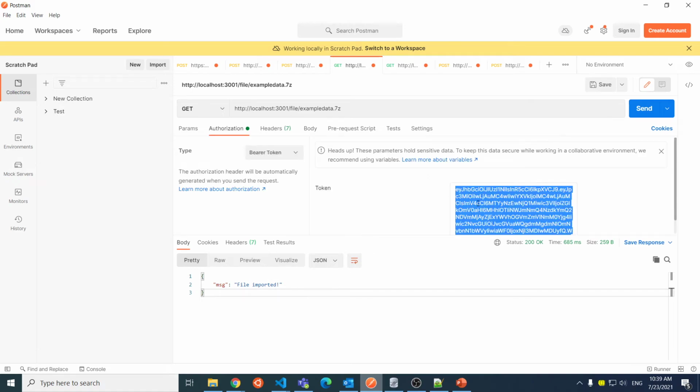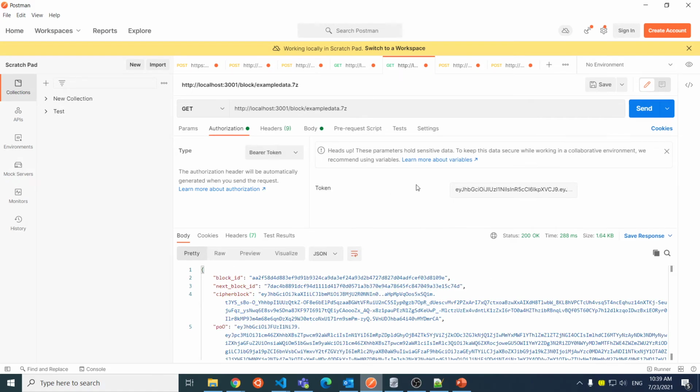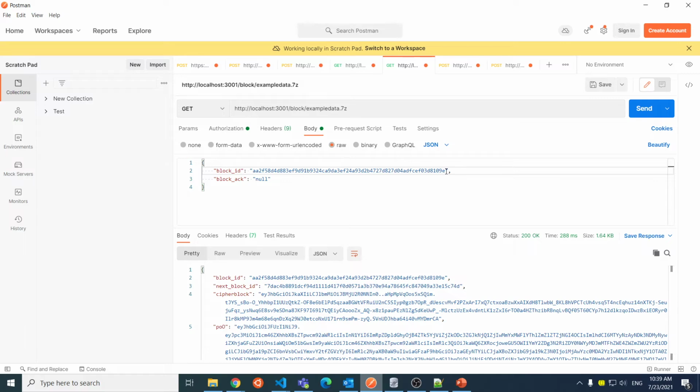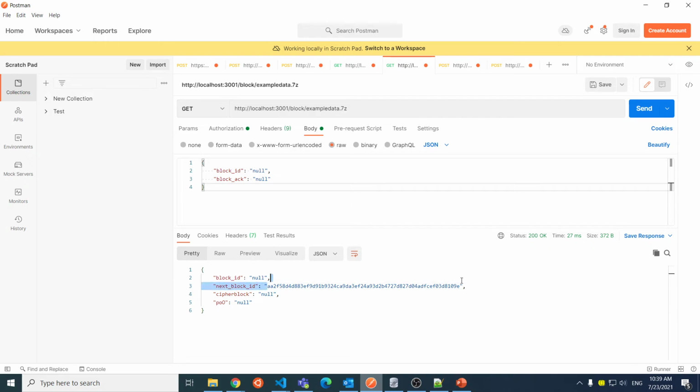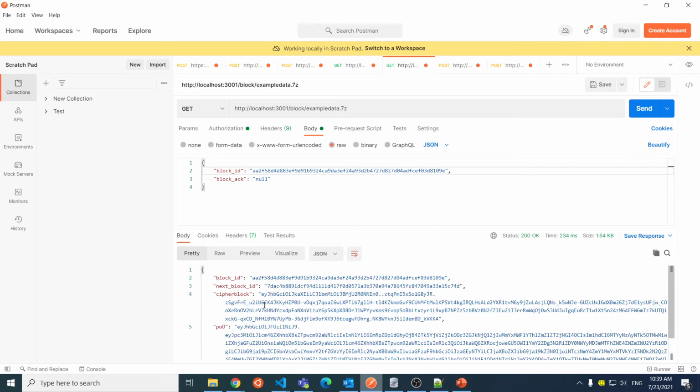in the authorization header. Okay, so at first we can receive the first block ID by sending this type of request to the Data Access API. The Data Access API is running on a deployment node. The client is running on localhost. We send the first request, we get the first block ID, and after this we can get the cipher block